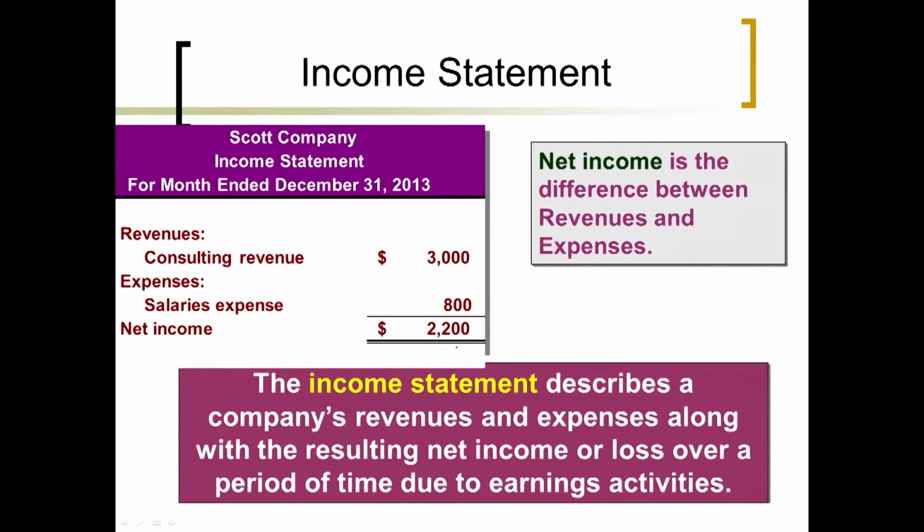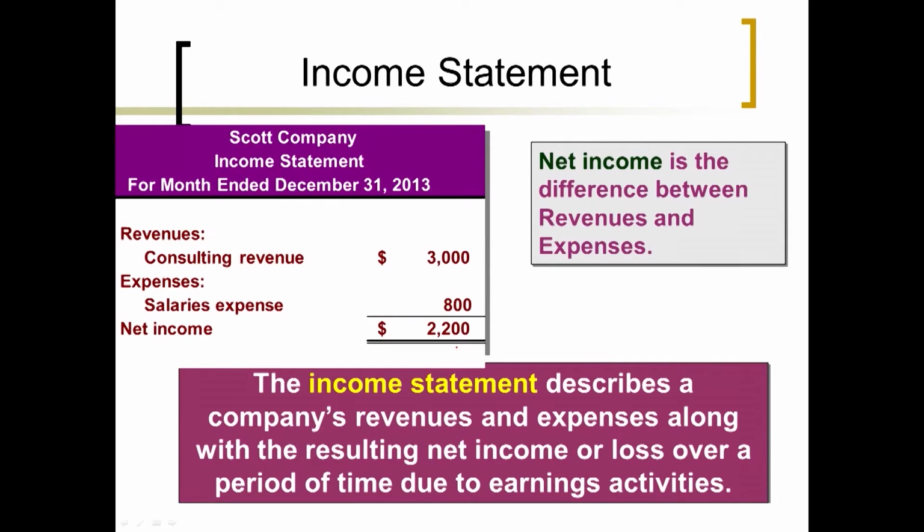Because look at it. Our revenues for this period were $3,000. Our expenses were $800. So our revenues are greater than our expenses, which makes us happy, right? So we have a net income of $2,200. Now, can a company ever have expenses that are greater than the revenues for a period of time? Oh, yeah. We don't call that a net income. We call that a what? A net loss, okay? So going back to this financial statement, when I say, hey, what's the bottom line here? Well, the bottom line is we have a net income of $2,200, right? So when you hear people say that phrase, that's really where it comes from.